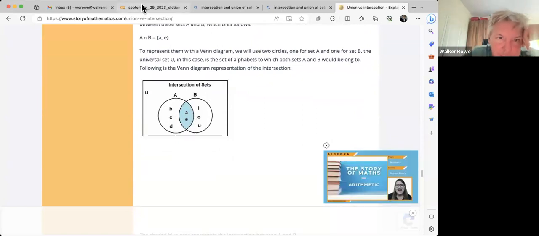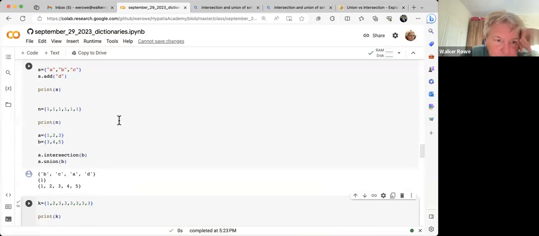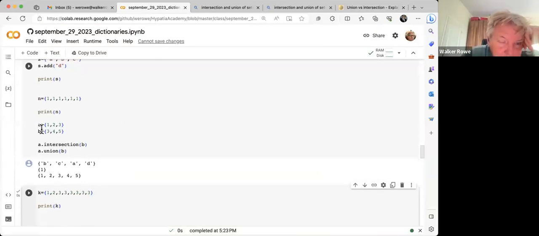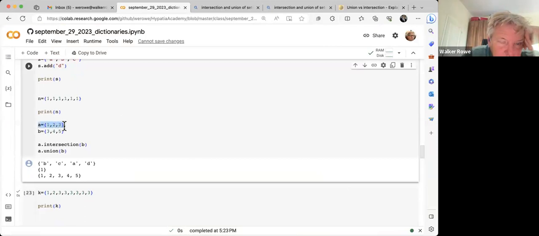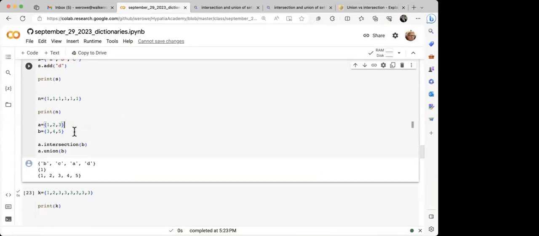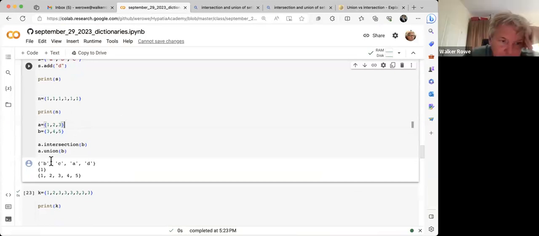So if we go back to computer code, we do it like this. Look, we have one set that says 1, 2, 3. We have one set that says 3, 4, 5. What element is common to both of these? 3. Yeah, that's the intersection. Okay, so if I print the intersection,